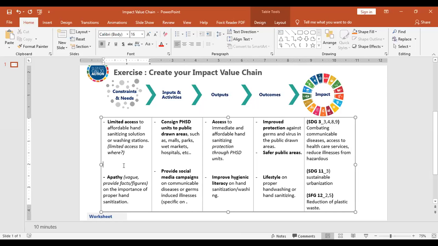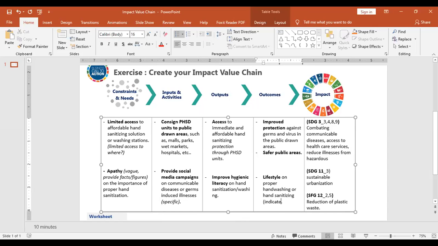Okay? So improve hygienic literacy on hand sanitization, washing, all right? Lifestyle on proper hand washing. So, what do you mean by lifestyle? Ganun lang. You have to indicate anong mangyayari dun sa lifestyle on proper hand washing or sanitizing.